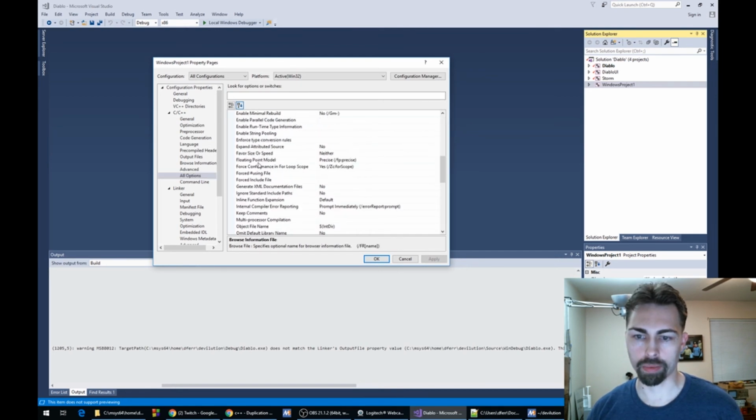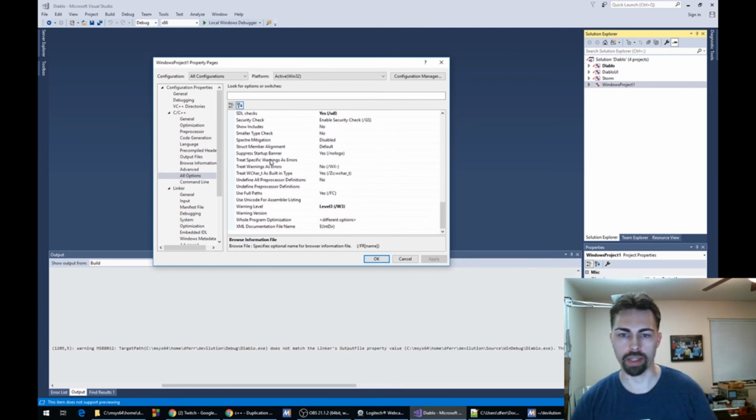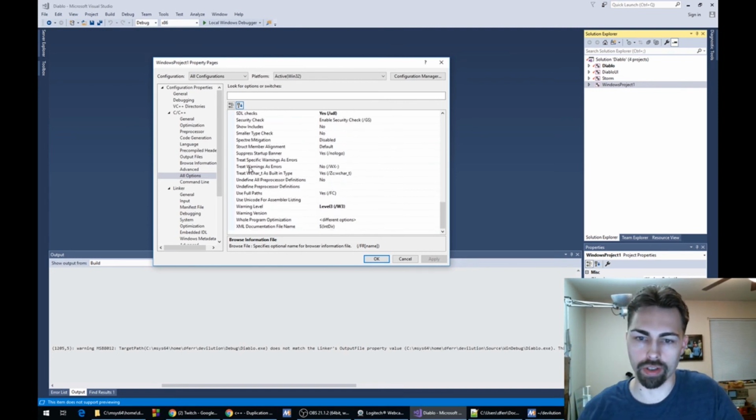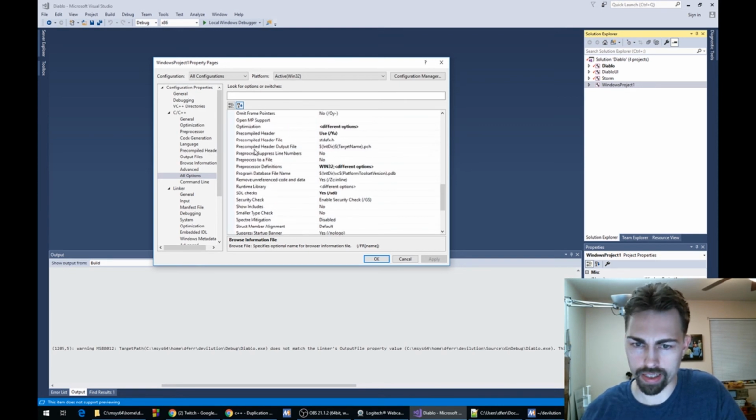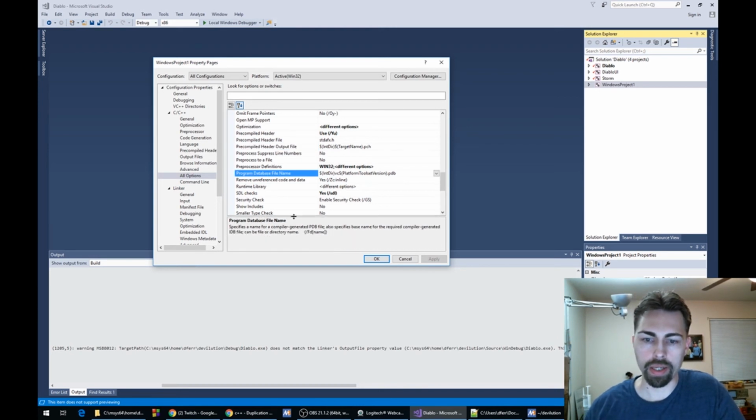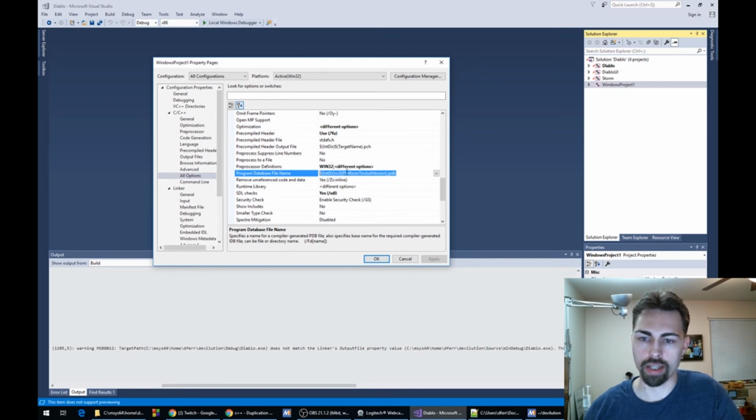Okay, so what I'm looking for is there's another debug information setting that doesn't really have anything to do with the normal debug information, and it gets set to something that has, here it is, program database file name. So it's that PDB file, but it's not really debug information. It's something else. It's given this name here, and what's interesting is it doesn't make it unique per project, and that's how you know